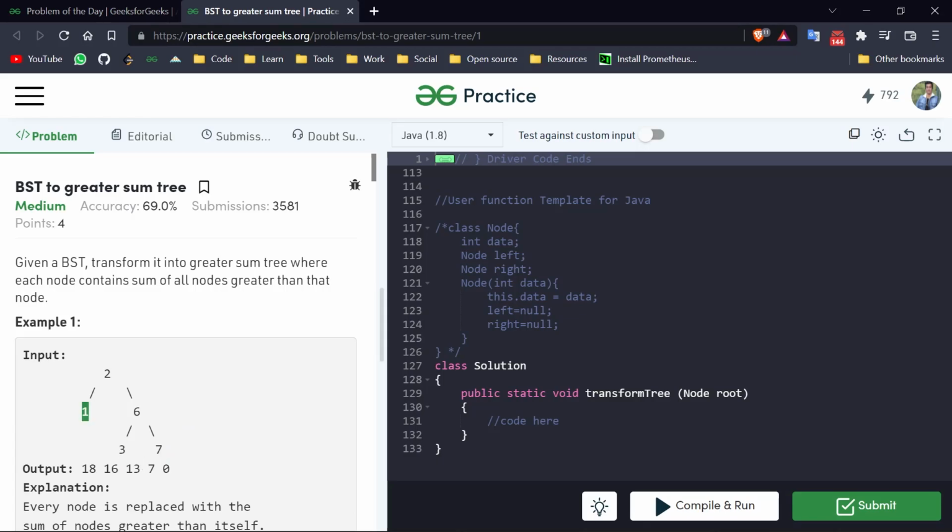And same in this case, if we are on 1, then what are the greater values? 2 and all the right values to 2. So for 1, what do we have to replace? The value which was replaced for 2, that was 16, because 6 plus 7 plus 3 is 16, plus 2, because 2 is also greater than 1. So 2 plus all the right nodes, that is 2 plus 16,